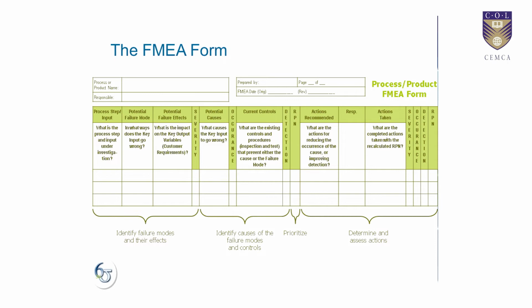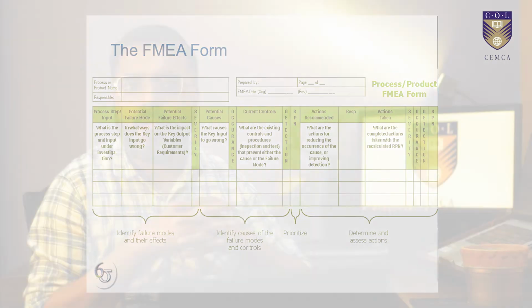And then you have another column called current controls. How will you know that there is a problem in the process? How will you know those root causes that you have written? How will you know any of them? Just like the fire I am talking about, how will you know that the building might catch fire? If you cannot know it by any chance, then the detection mechanism, again, goes on a scale of 1